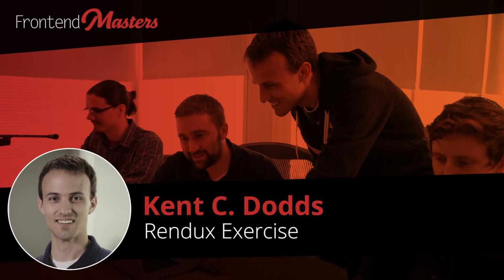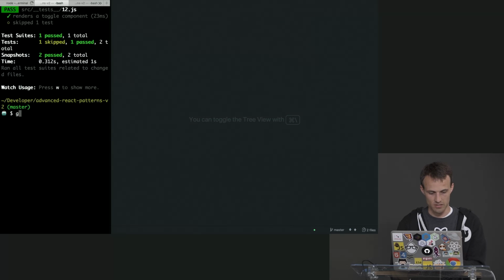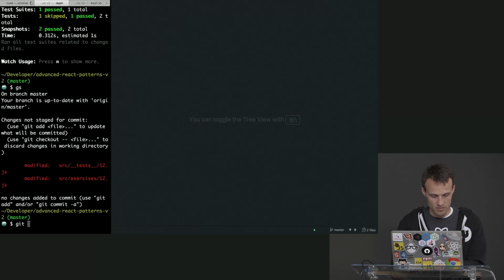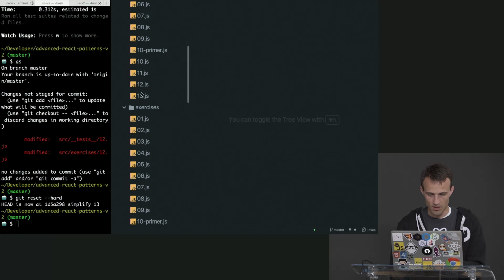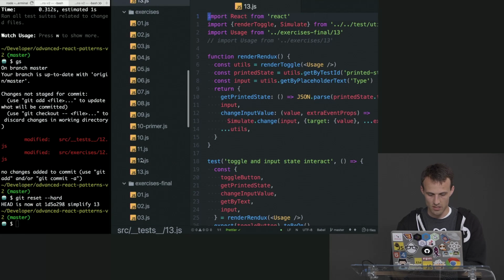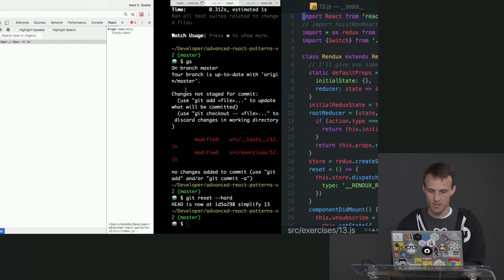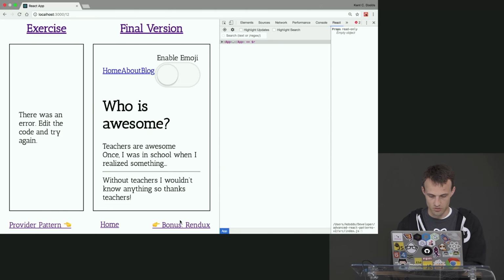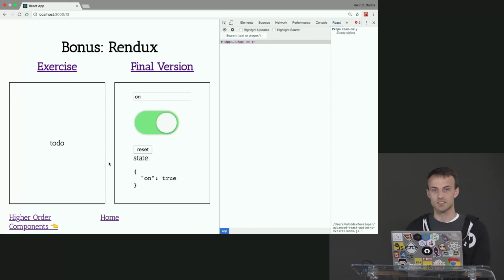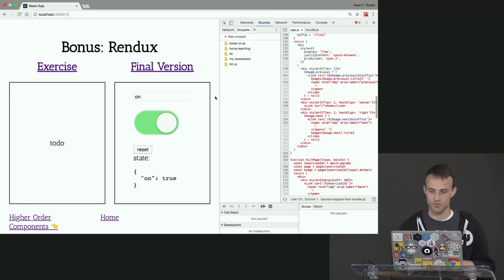Let's just go over the last example where we combine all of these patterns together. So let me reset, get us in a good state, and pop open 13 exercise. And then let's go to the bonus round, Rendux. So this is Redux as a render prop. That's what we're implementing. And we're swapping out all of our toggle, like boring one property stuff to